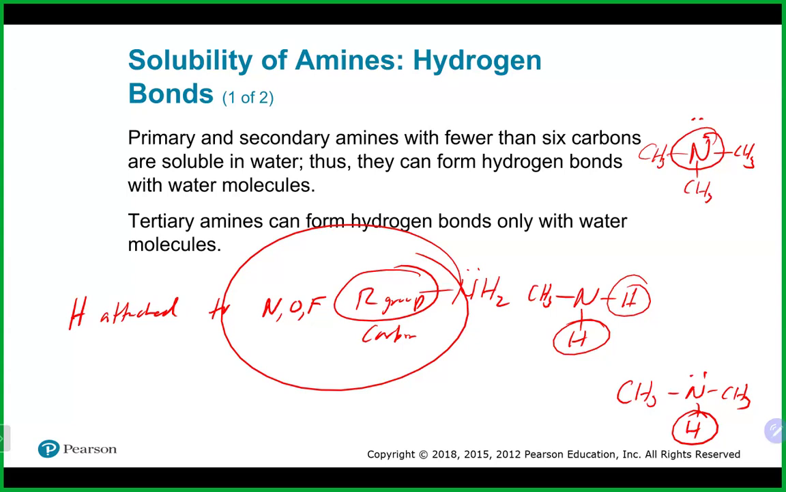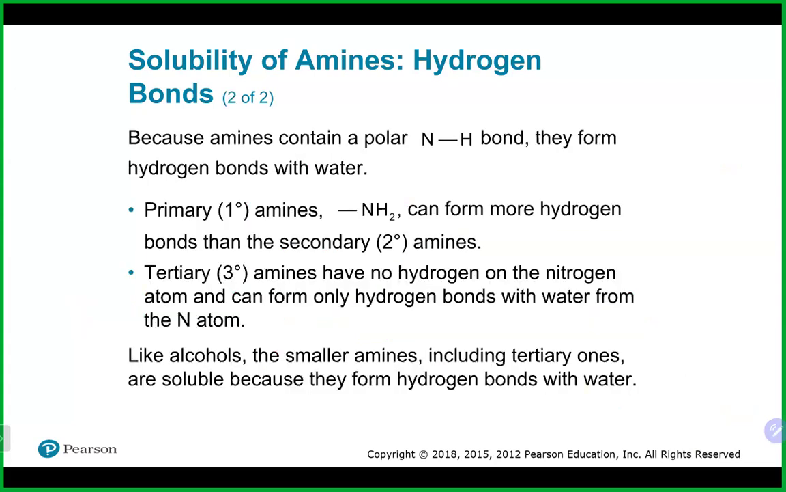So we see a lot of solubility with primary and secondary, and tertiary is not going to be as soluble. Because amines contain that nitrogen-hydrogen bond, they will do that hydrogen bonding. Tertiaries do not have that hydrogen on the nitrogen and can only form hydrogen bonds with water from the nitrogen. So it can hydrogen bond with water, but it's limited, with the water having to supply the hydrogen